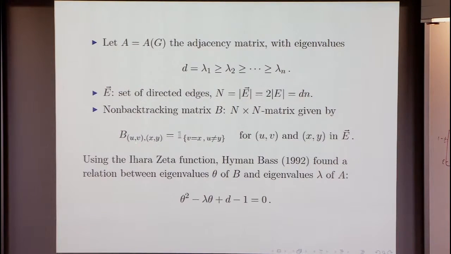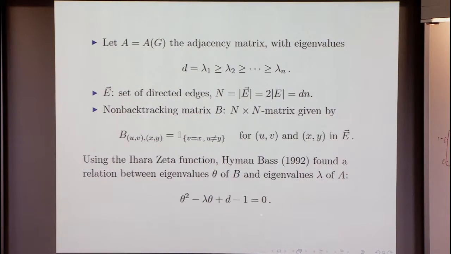So B of two edges, (u, v) and (x, y), is going to be just 1 if v equals x, but u must be different from y. So this is exactly the condition that these edges follow each other. And there is a known connection between the eigenvalues of A and of B, known as the Bass formula, that says for any eigenvalue lambda of A,